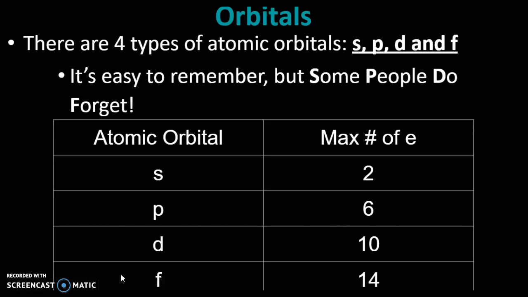So S orbitals can only hold 2 electrons. P orbitals, sorry, can hold 6, D can hold 10, and F can hold 14. These sub-levels are going to determine where electrons can be, and this is just another way that we can identify